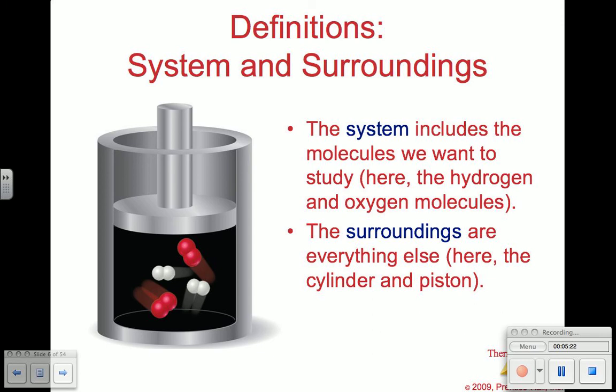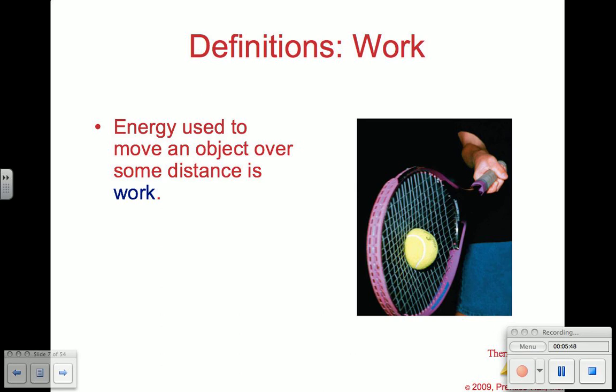Like I said, the surroundings, everything else. So in the example, in the image on the left, you've got a piston here, and we've got some hydrogen and oxygen molecules kind of bouncing around. And so within that chamber, we would refer to that as the system, and then everything else would be the surroundings. So even that chamber pushing up on the piston, the piston itself would be the surroundings